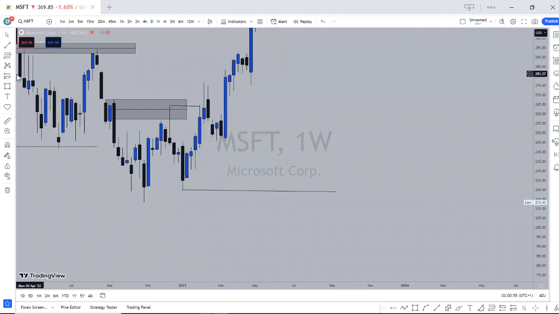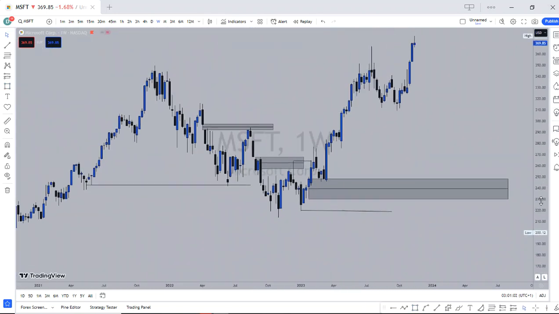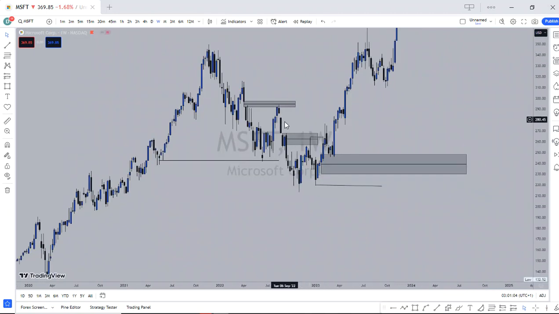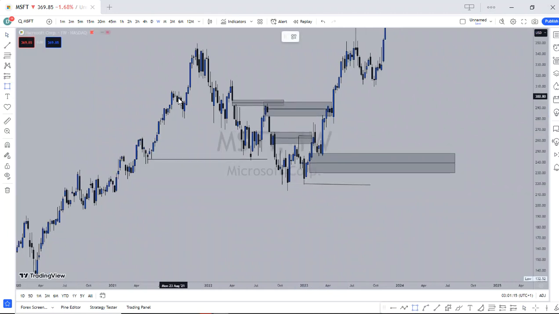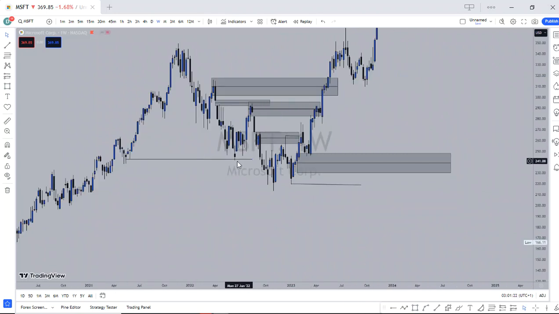Now, what is responsible for that? We have these areas of demand. So price trades into it, and I always talk about that if a supply zone that was supposed to continue pushing the price lower is violated, then that means every other unmitigated area is not valid. They will only be used for a little bit of mitigation, right? And for the sake of this being a range market, like we have support and resistance, then its next draw is the high of that range.